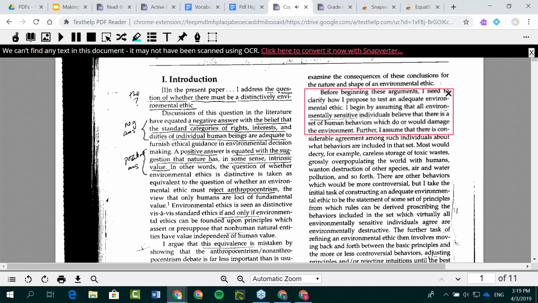These arguments, one need to clarify how I propose to test inadequacy. So it gets pretty good results. It's going to depend obviously on the quality of the PDF, which this one isn't the highest quality. But that's a really easy way to just, on the go, drag a box around text to have it read